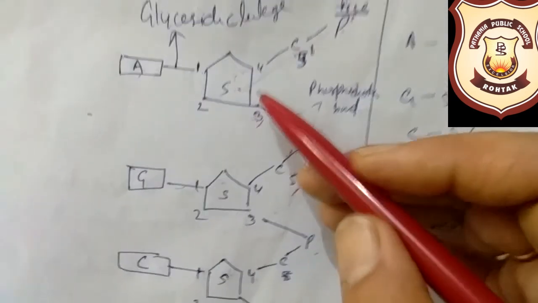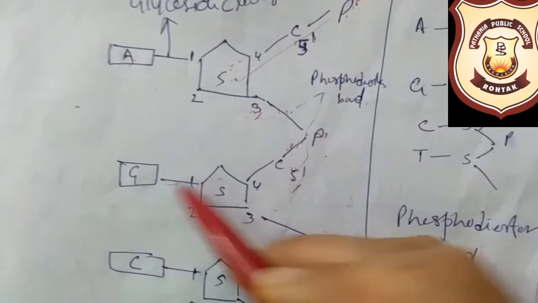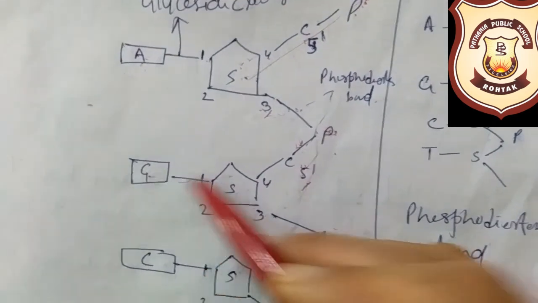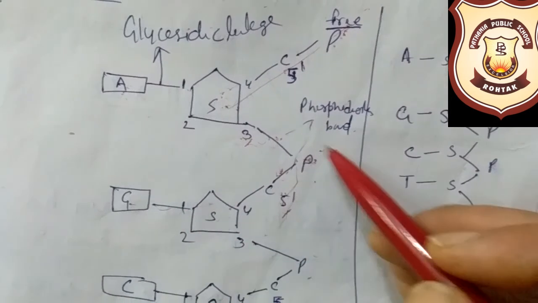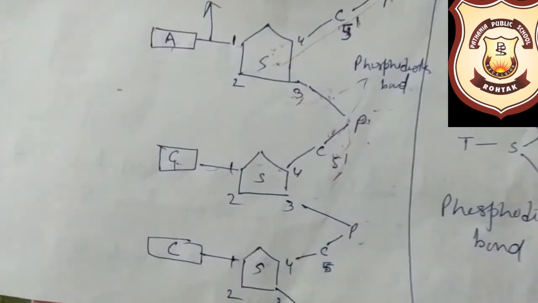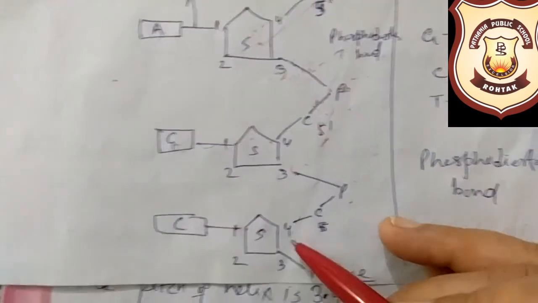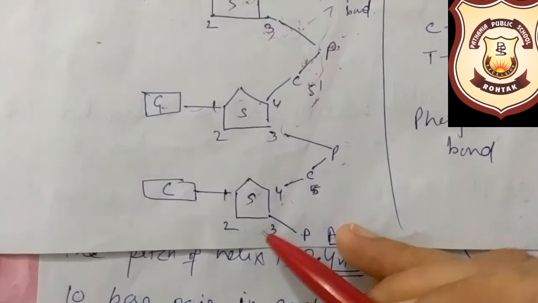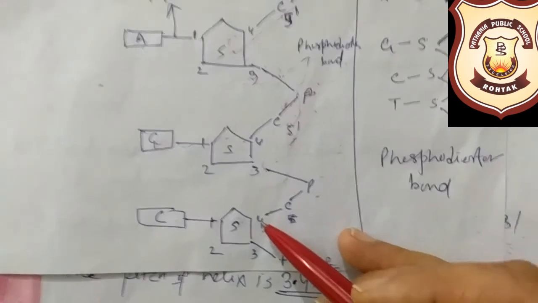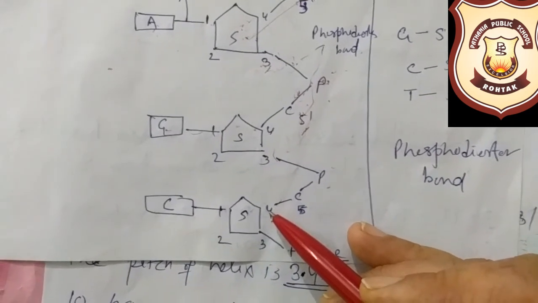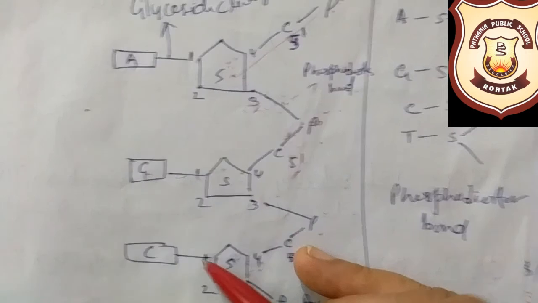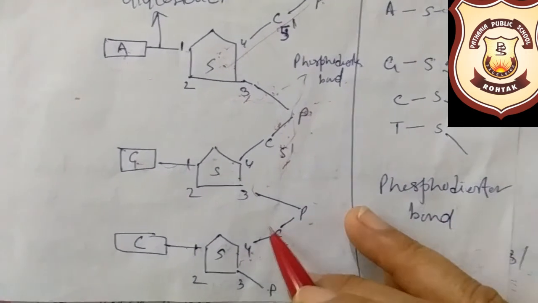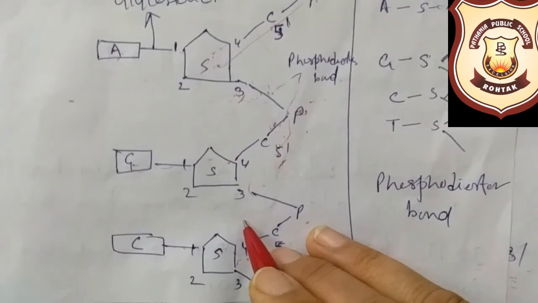And that way I have drawn here 3 nucleotides. Space is not there, so I have not drawn the fourth one. It's not compulsory that we draw all, because in a very specific organism the type and the number of nitrogenous bases is fixed. We are not taking a particular organism here, so we can draw as many nucleotides and as many types as we like. Okay. This is the pictorial representation. Here I have taken 4 nucleotides.